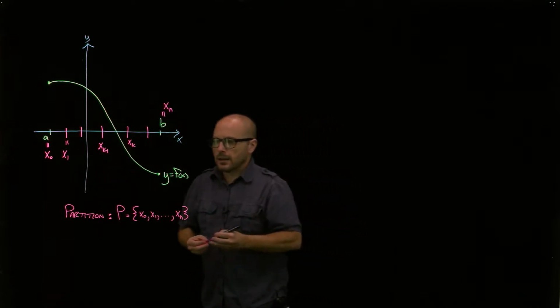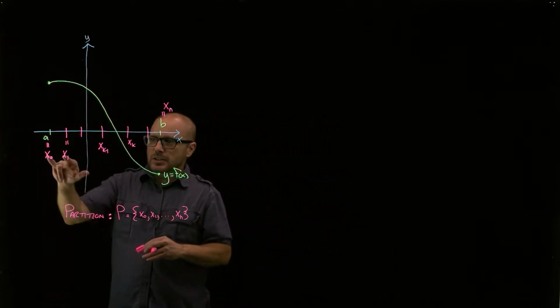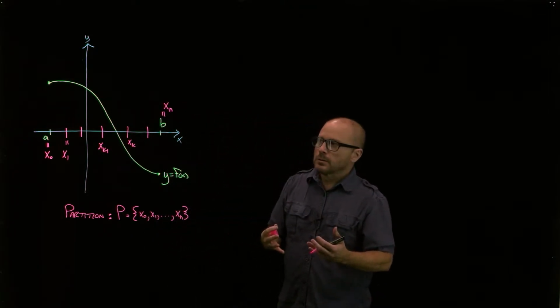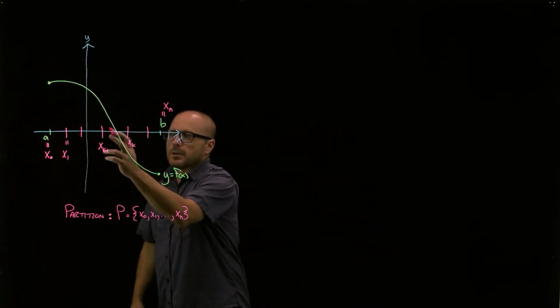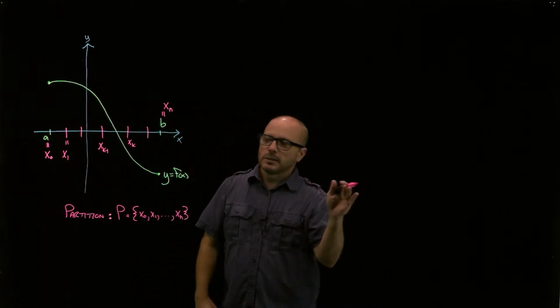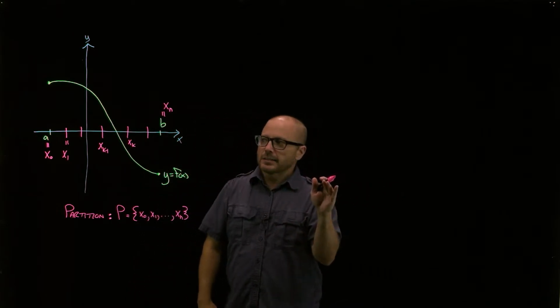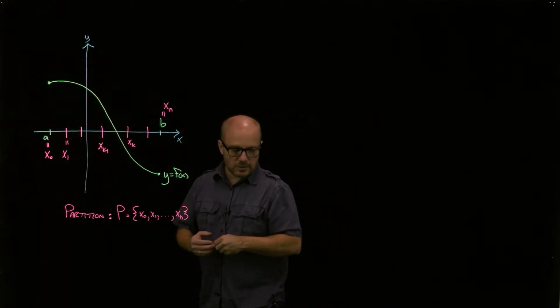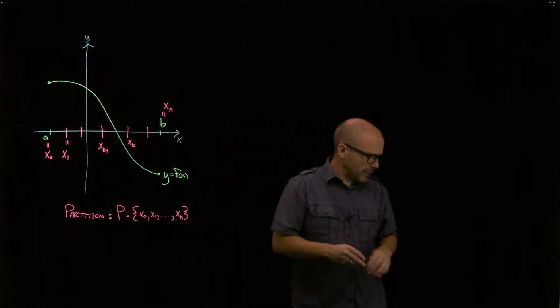And then inside each subinterval, we are going to pick an x value in that subinterval, and we're going to assume the function is constant in that subinterval, and its value is at that value we picked. So for example,